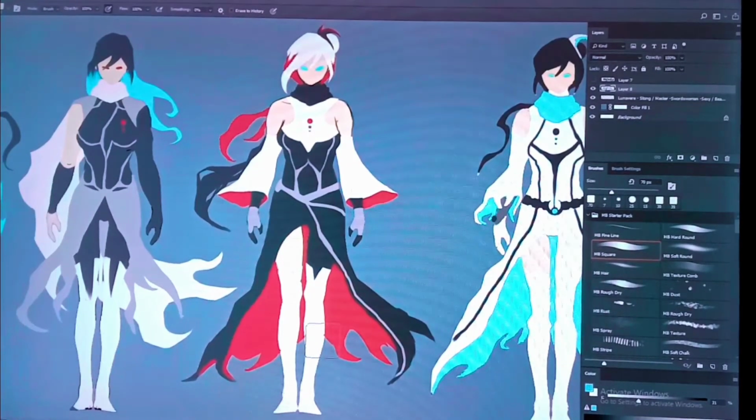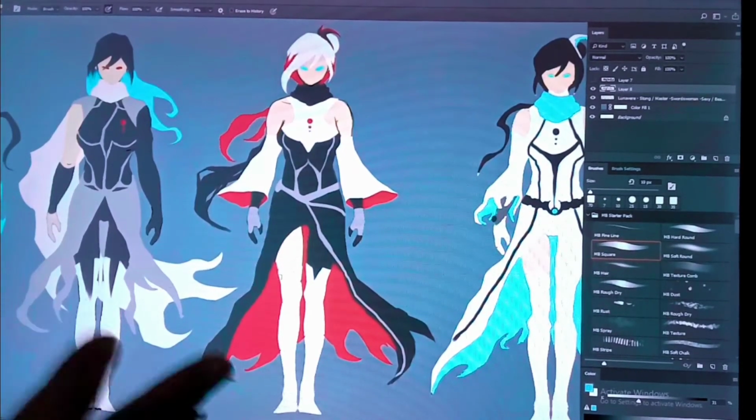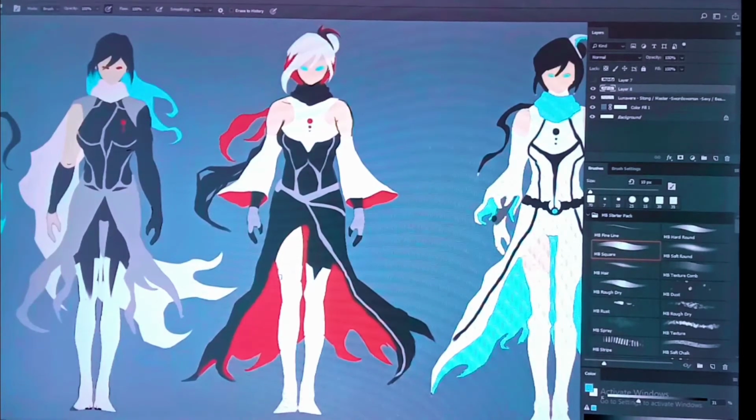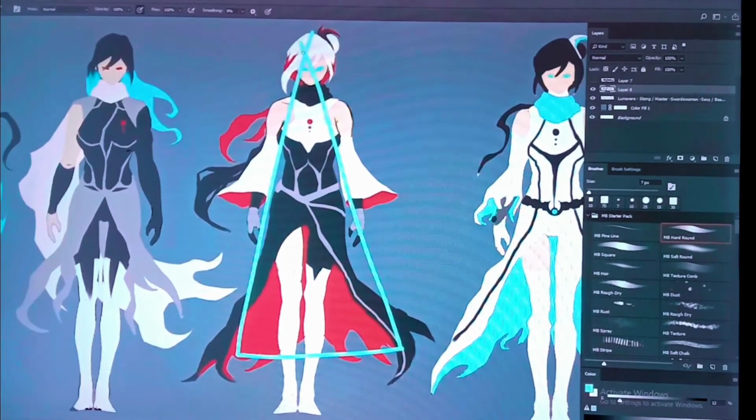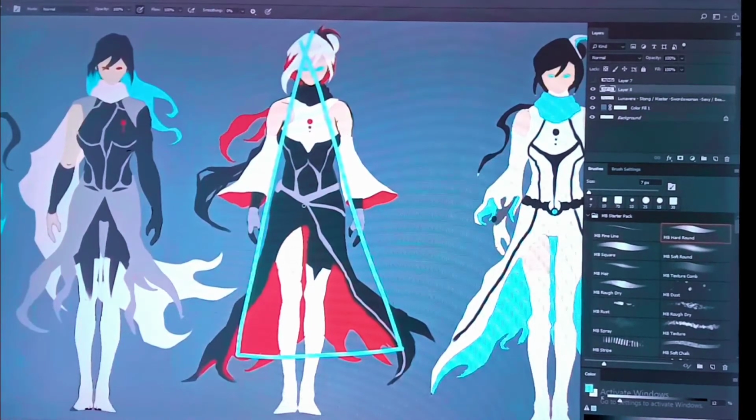What do I mean by that? If you take a closer look at this design, you can spot various parts that are shaped like a triangle. Her overall body is in a triangle shape, and this clothing here is a triangle,